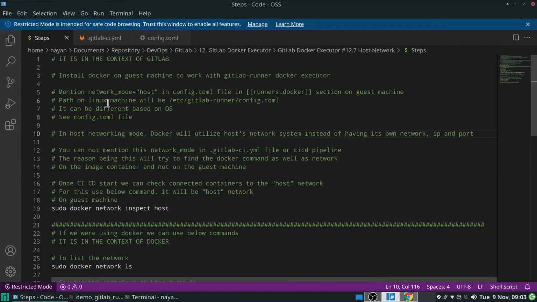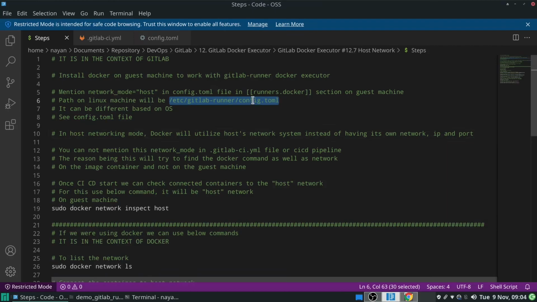Once you have installed Docker, the second step is you need to go to this particular location, /etc/gitlab-runner/config.toml. This file location is for a Linux OS, but if you have another operating system, let's say Windows or Mac, then the location will vary.